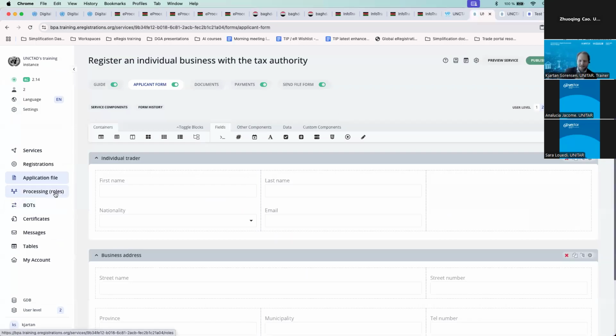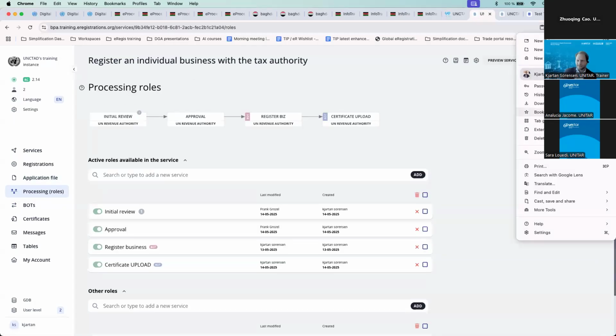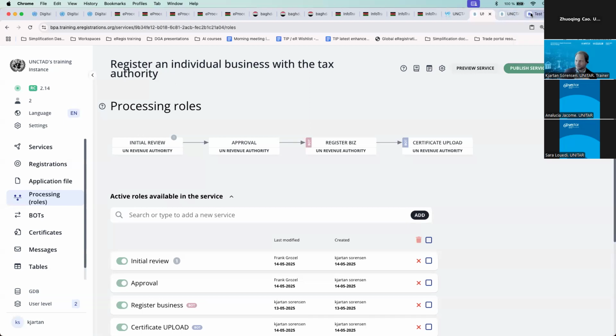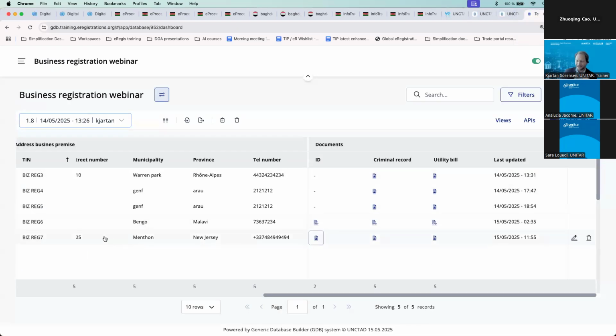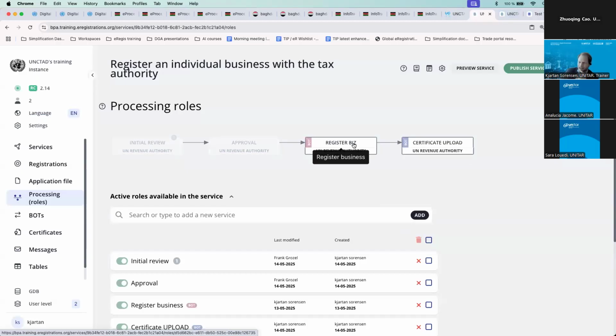You have the processing rules here. So once I submit, you have that initial review that we showed you before. Then you have the approval. But then there is something called the bot that sends the information to a database, this one, right? And then uploads the certificate to the user file. So if we click on this one,